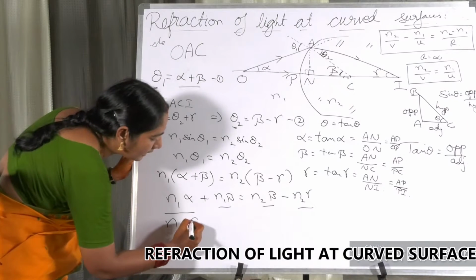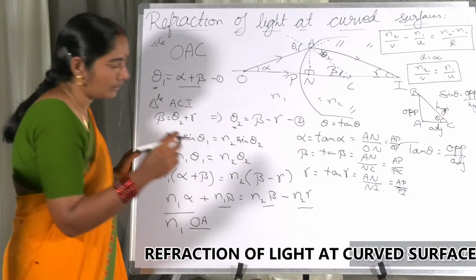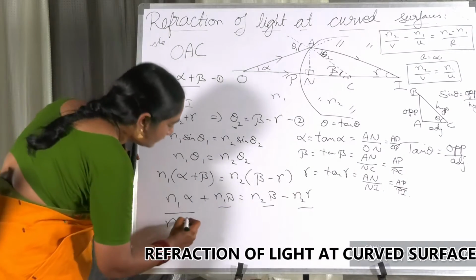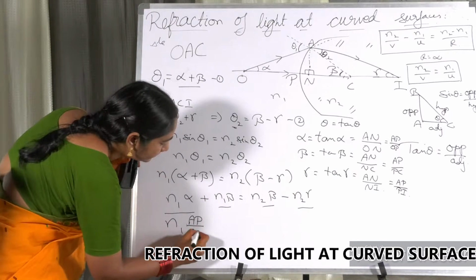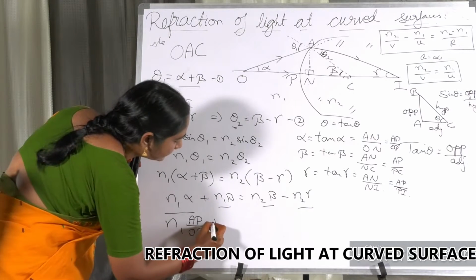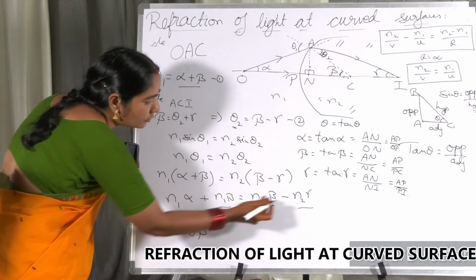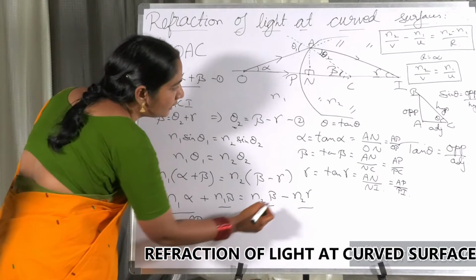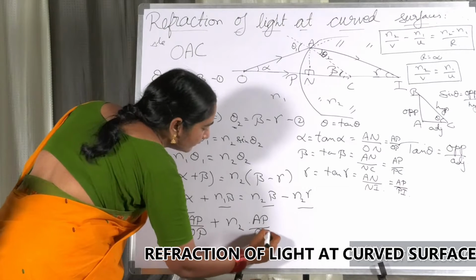Now I am replacing alpha by AP by OP, plus, see my dear friends, this gamma I am trying to bring this side. So minus becomes plus. Now plus N2 into gamma. Gamma is nothing but AP by PI